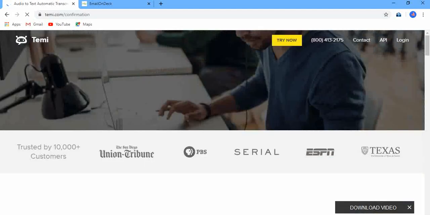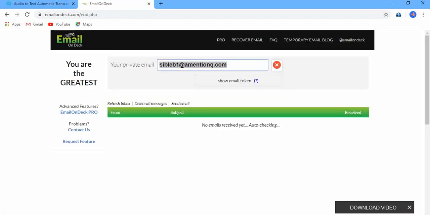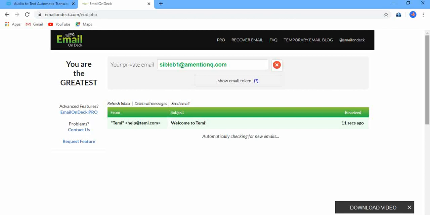Temi has a fast turnaround time of 5 minutes on the higher side. So your work is going to be sent to this temporary mail site, so please don't close that tab. As you can see, Temi has already sent us an invite message on a temporary email, and I'm confident that a few minutes or seconds later they're going to send us our transcribed audio